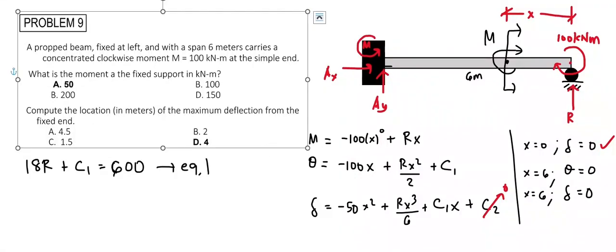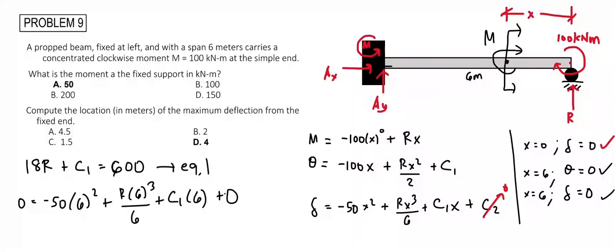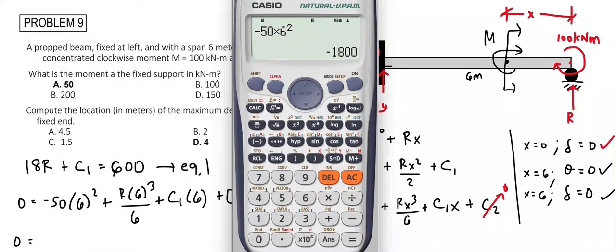And for our second equation, we make use of the last condition since we're done with this. At x equals 6, the deflection of the beam is equal to 0. So using the deflection equation, we have 0 equal to negative 50 times 6 squared plus r times 6 cubed over 6 plus c sub 1 times 6 plus 0. Simplifying, we get negative 50 times 6 squared, that's equal to negative 1800